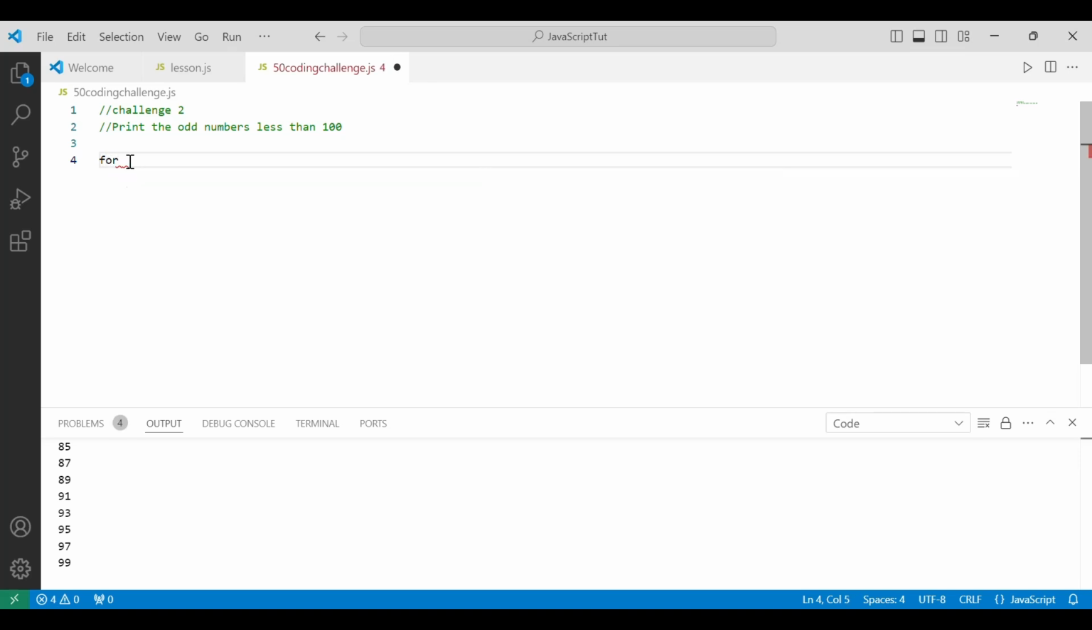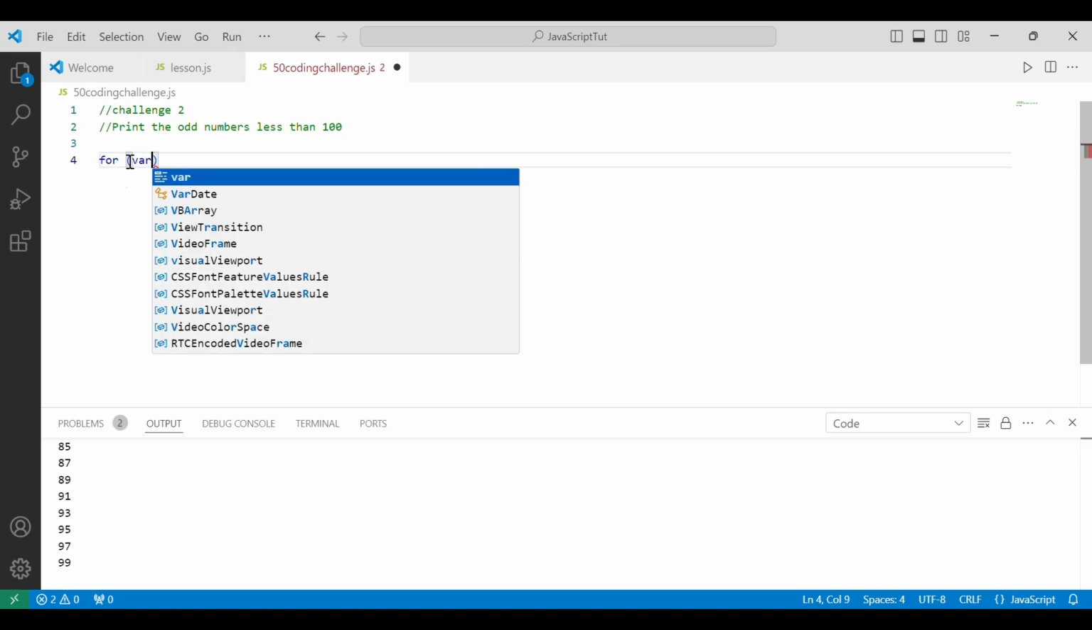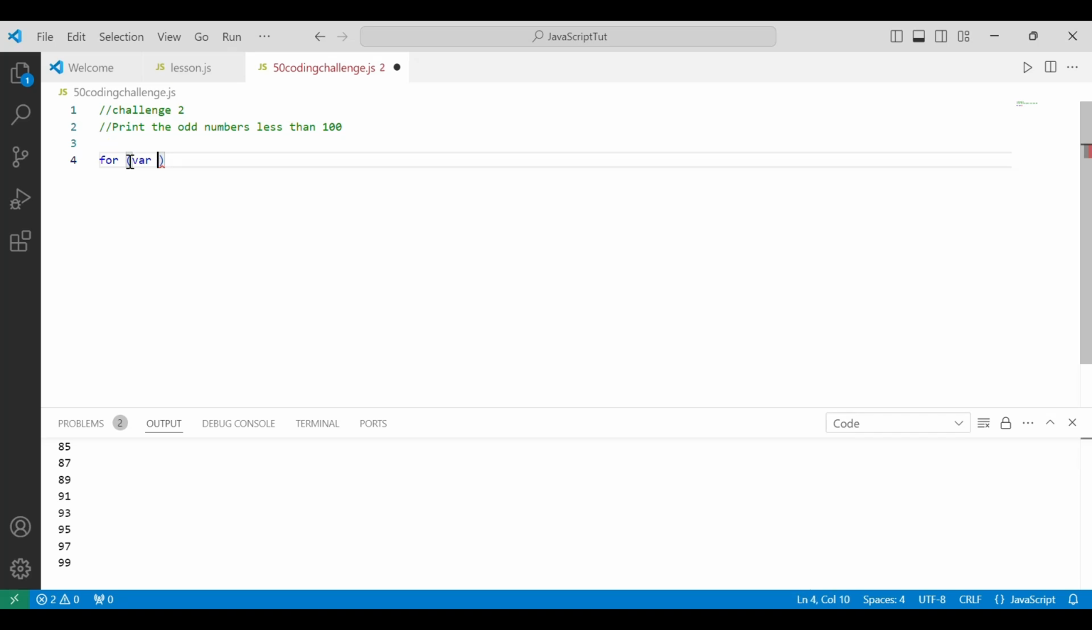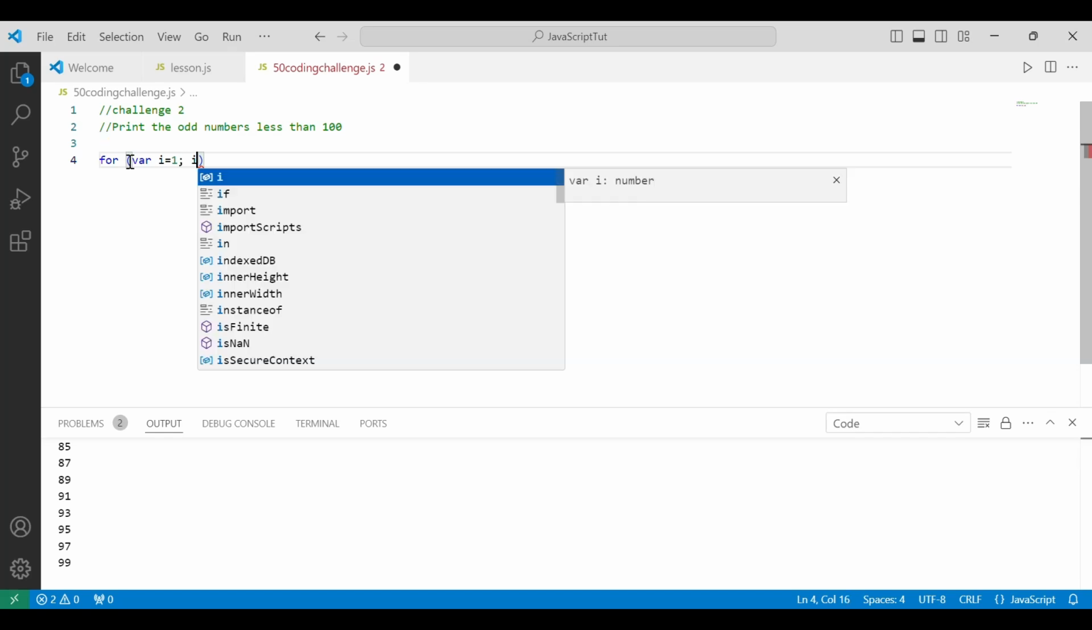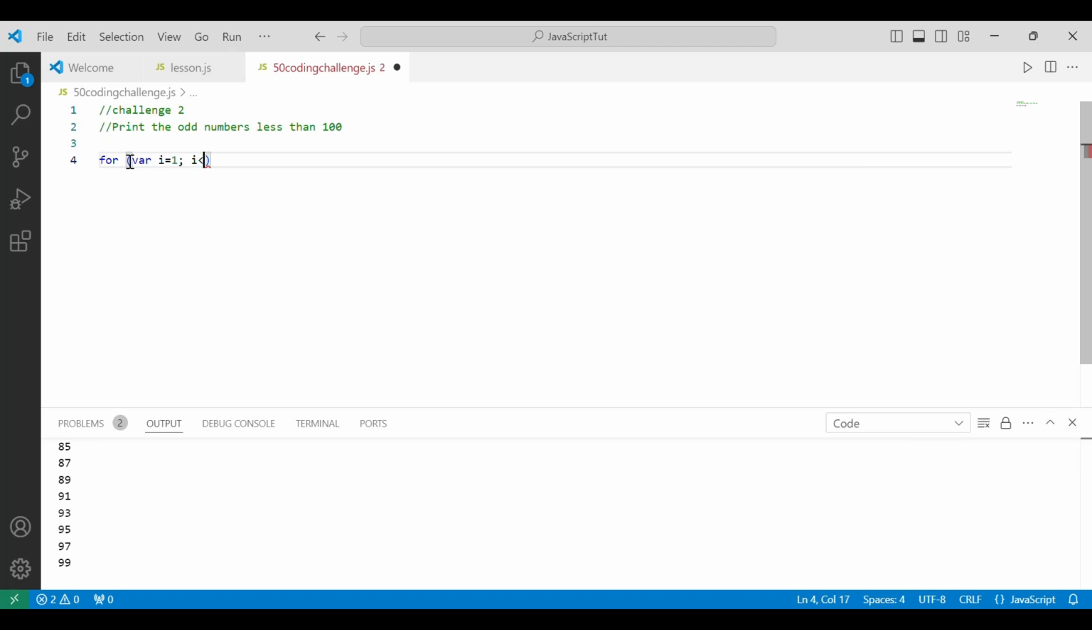So for variable, you're going to use a variable I. You can name it however you would want. I is equal to the starting point. The first odd number we have is 1, and now we want the condition that I has to be less than 100, and then